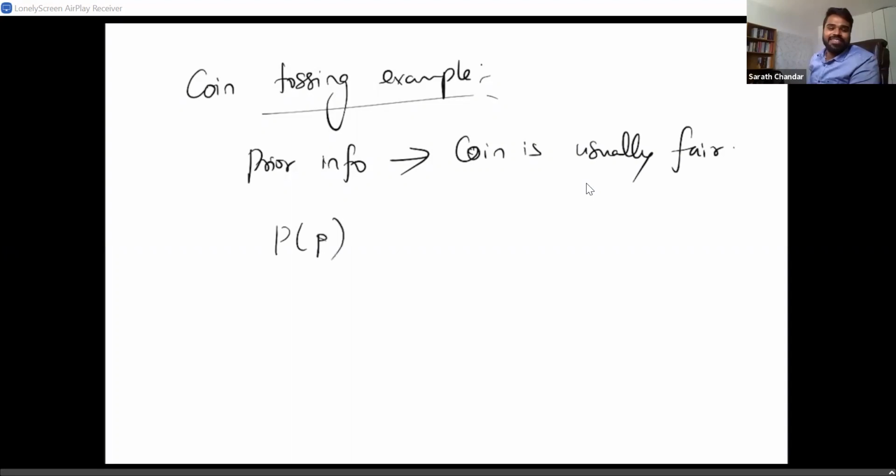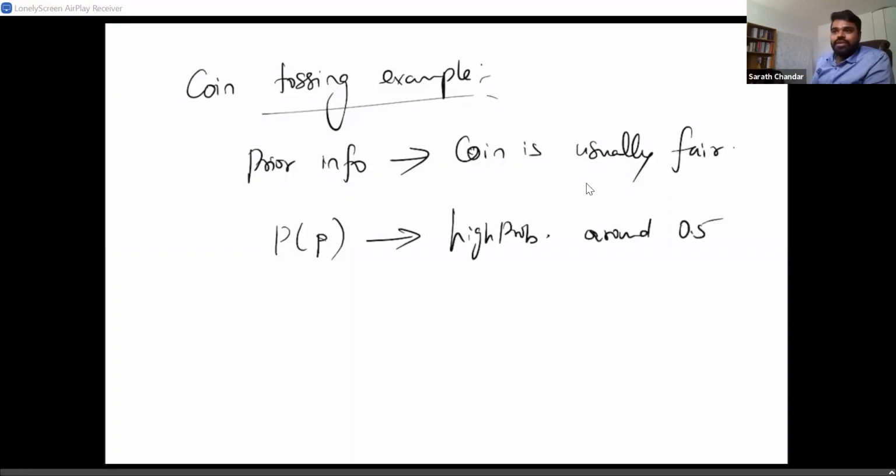So I will try to differentiate the P's. The probability of the parameter of Bernoulli P, right? So the P of P, I want this to have a high probability around 0.45. Also, I am interested in a distribution which has a support from 0 to 1, because P belongs to